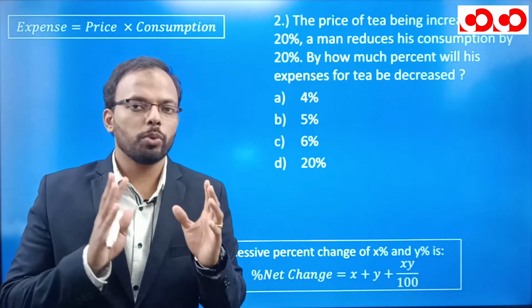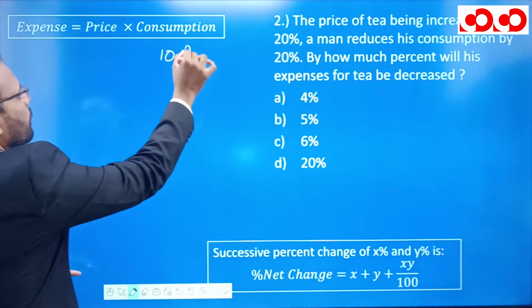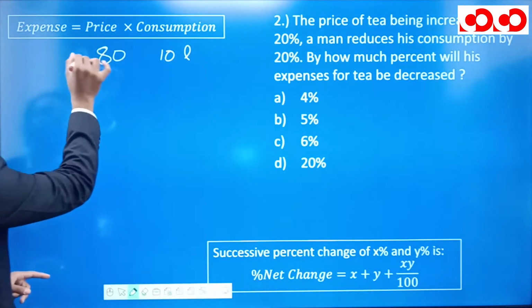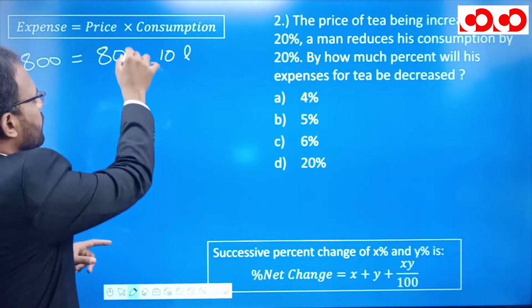I said, you are using how many liters of petrol? You are using 10 liters of petrol and the price is 80 rupees. Then your expense is going to be 800. That is how this formula has come into existence. Now,